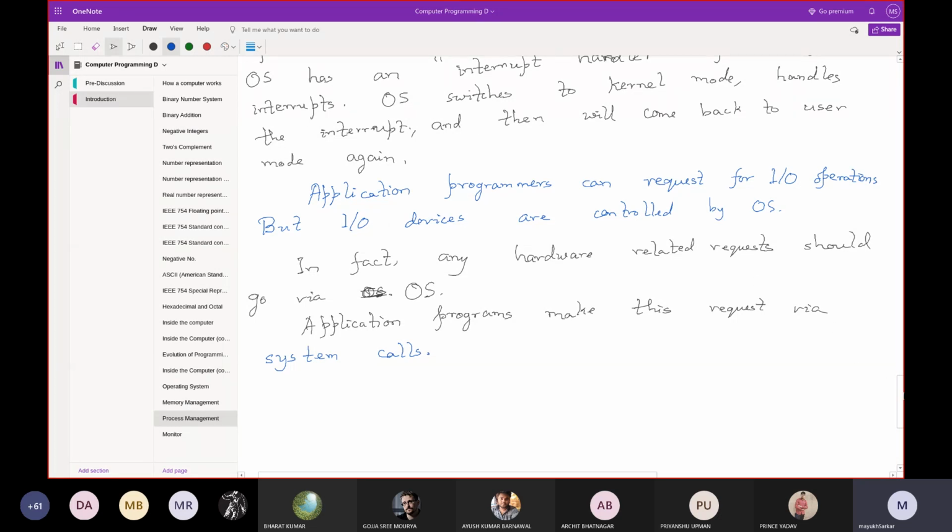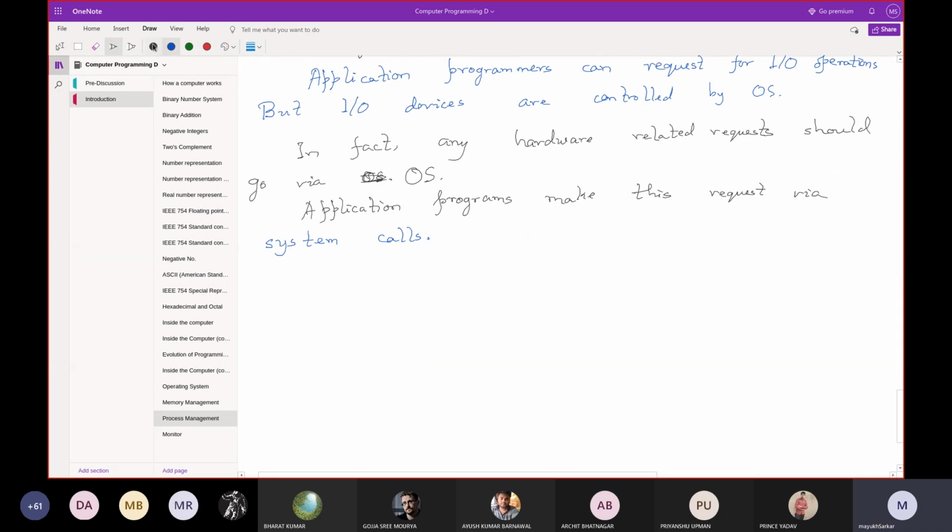So as an example, on Linux, if we need to show some info on the monitor, that means, if we need to write some info on the monitor, there is the write system call.